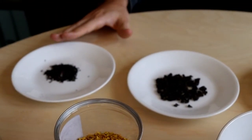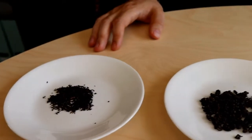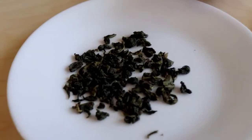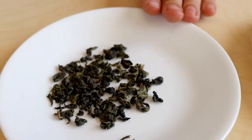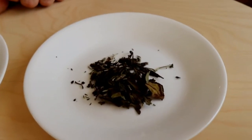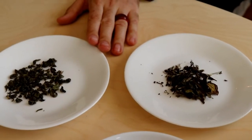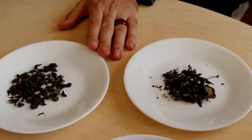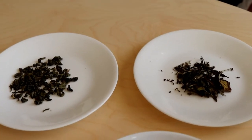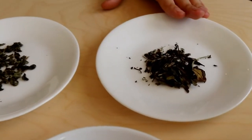Now I organize them this way because we kind of talk about using the tea for a specific season. So white tea and green tea are good for the summer. Green tea is good for more of the morning, and the white tea is better for the afternoon. And the reason being is because the green tea is a little more stimulating. I'm not going to say that it has more caffeine, but it just makes you have to go to the bathroom a little bit more. So you obviously don't want to go to the bathroom at night. So the white tea is a bit